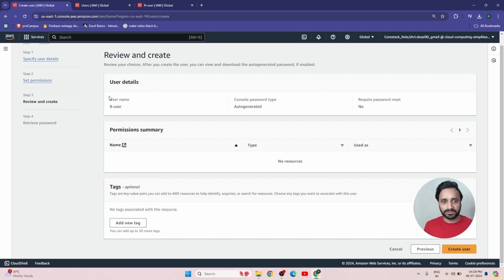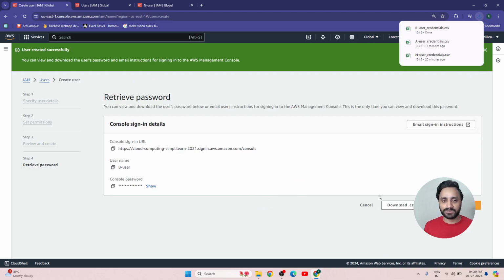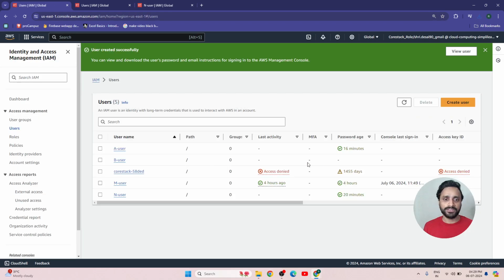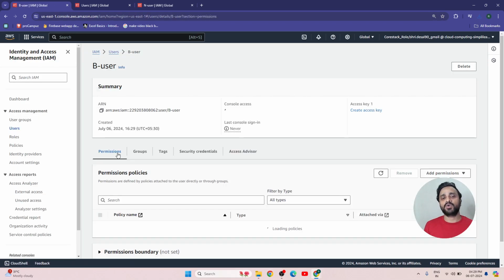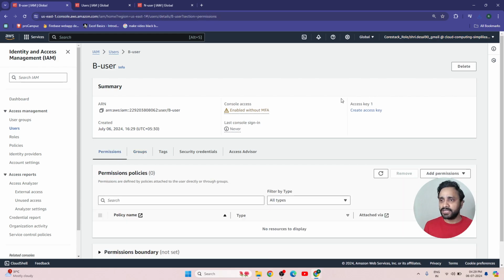Okay, so here see, permission not given, no resources. Here is B user, this user is created. You can download the details of this B user and return to the list. See, this B user doesn't have any permission, and was never added to any group. Okay, now let's create